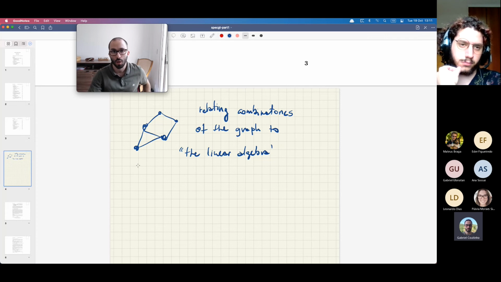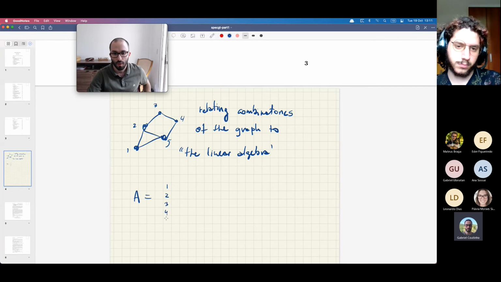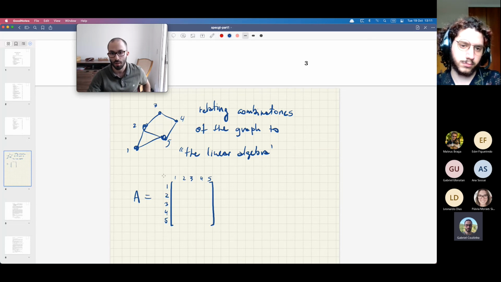The matrix that we'll be working on for the next, I don't know, half of the course is the adjacency matrix. So let's say this is vertex 1, 2, 3, 4, 5. I am going to write here a matrix with 5 rows, 5 columns, right? They are indexed, rows and columns, by the vertices of the graph according to the numbering system I just chose. And I will be putting in this matrix zeros and ones to represent whether or not the vertices are adjacent, meaning whether or not there is an edge between the two vertices.